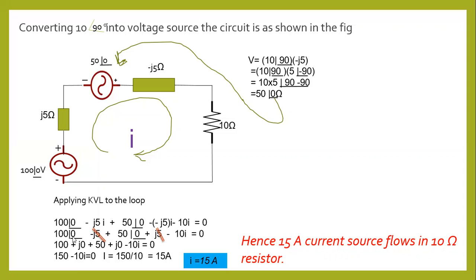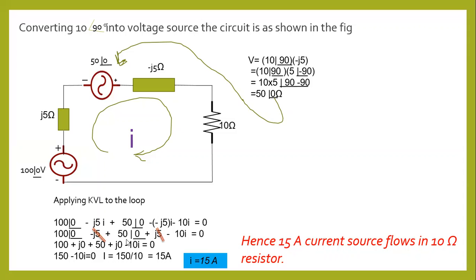Converting this to a rectangular form, 100 at an angle 0, because we can't directly add 100 at an angle 0 and 50 at an angle 0 as they are in polar forms. Polar forms can only be multiplied and divided, whereas rectangular forms are added and subtracted. 100 plus j0 plus 50. This 100 at an angle 0 is a single term, represented in a rectangular form here as 100 plus j0, plus 50 plus j0.